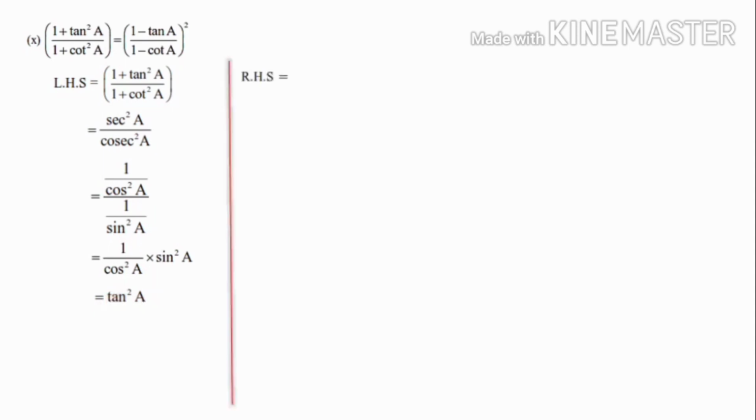Then we will take the right hand side, that is RHS is equal to ((1 − tan A)/(1 − cot A))². Here on the left hand side we changed everything to tan A and kept it, and the right hand side also follows the same process. There is a cot, we have to change it to tan. So cot and tan are reciprocal ratios, we will use that. That is 1 − tan A divided by 1 − cot A, we can change it as 1 by tan A, the whole square.